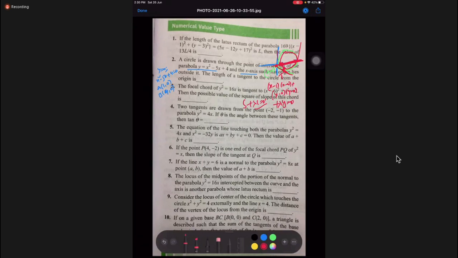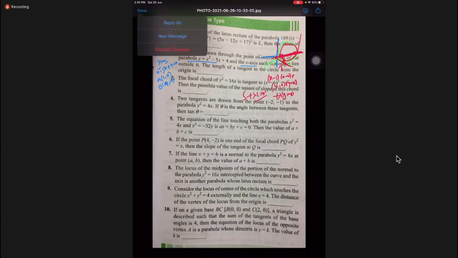Now, what they are saying here is that the origin lies outside of it. If the origin lies outside of it, what happens, students? If you substitute 0, 0, you will get some value for lambda, same thing like c. Then the length of tangent from origin. Here one question is there, and that's why I have sent you some image. They'll ask that question surely. We'll see that one by one.